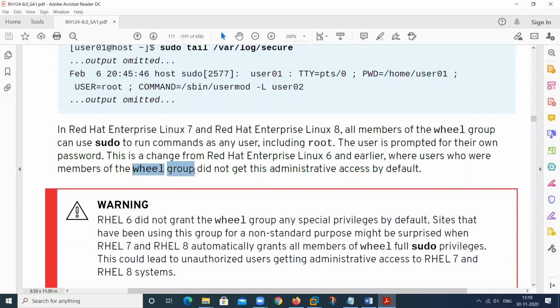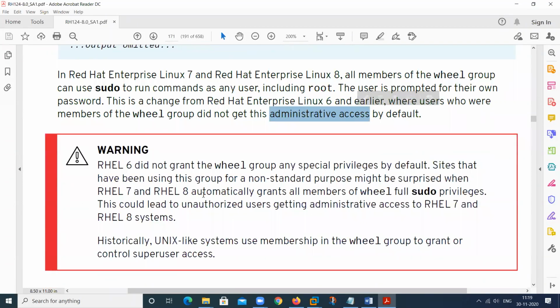This is the group that provides administrative access by default. But that does not work in RHEL 7. Even in RHEL 7, if you add any user in this particular group, that does not work as an administrator.